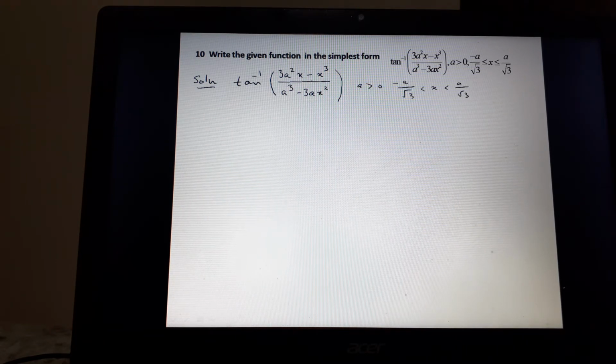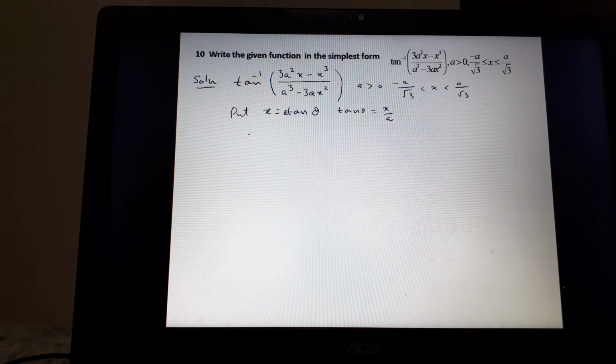So now what we do is, if you remember last year's formula, this is something similar to the tan 3a formula. Therefore what we have to do is put x equal to tan theta. See now it is very clear. So that is, x equal to a tan theta. So tan theta will be equal to x upon a, and x upon a lies between minus 1 by root 3 and plus 1 by root 3, means theta lies between minus pi by 6 and pi by 6, that is 30 degree. So 3 theta lies between minus 90 and plus 90, therefore the inequality should be strict inequality here.